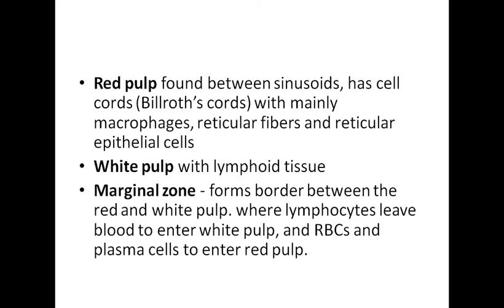The red pulp is found between the sinusoids. It has the cell cords known as Billroth's cords, या cords of Billroth, with mainly macrophages, reticular fibers, and reticular epithelial cells. Right? Means the sinusoids, the cords, and the macrophages, reticular fibers, all the contents are related to red pulp. Right? The white pulp is mainly involved with the lymphoid